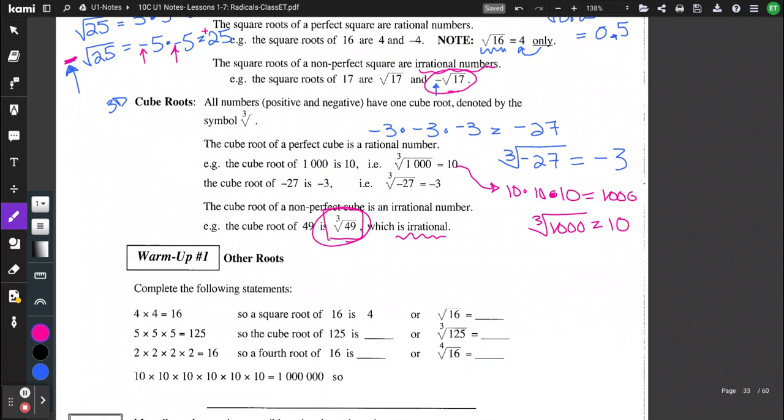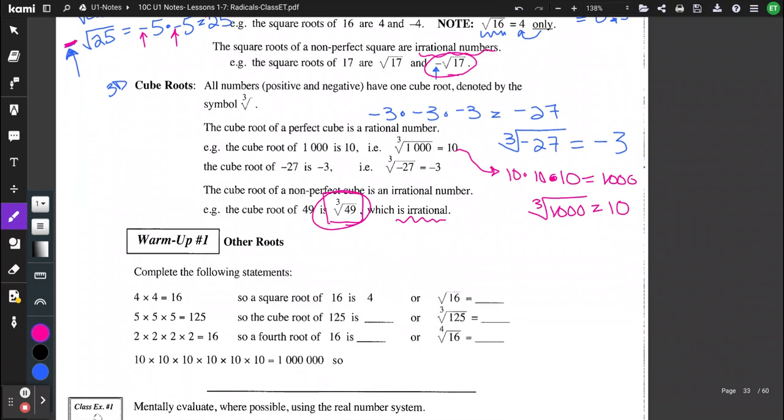So let's take a look at other square roots and other types of roots. So the ones we deal with mainly are the perfect squares and perfect cubes. So the square root and the cube root. But you need to know how to create bigger ones on your calculator. So here we've got 2 identical factors. Here we've got 3 identical factors. Here we've got 4 identical factors. And on this one, 1, 2, 3, 4, 5, 6. 6 identical factors. So this is the number of identical,